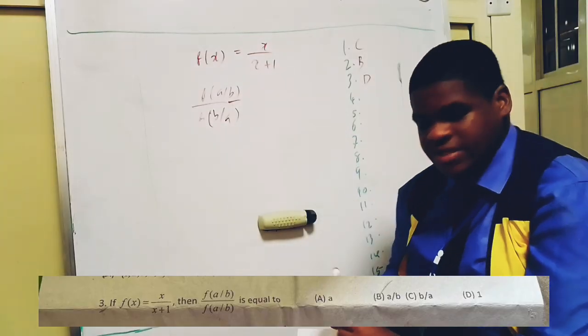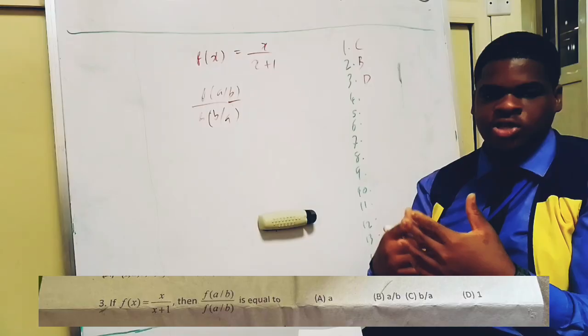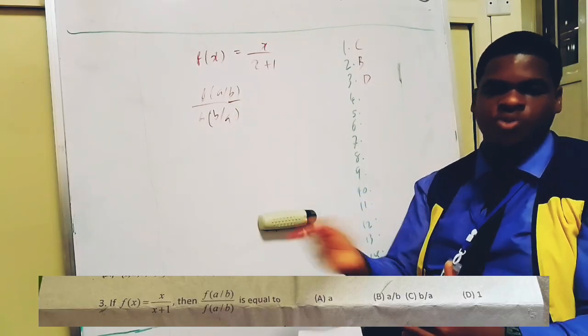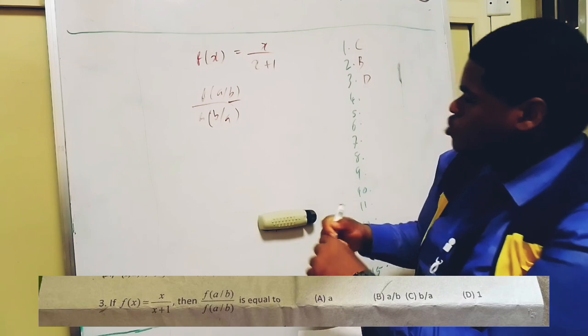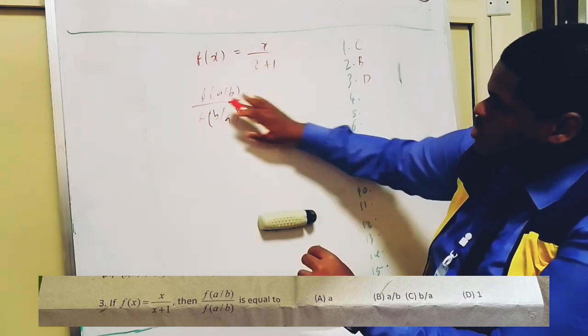That I'm just solving this in this way just in case you see this type of question again and they change it to be in this form. So you will not just assume that it is the one. That's why I'm solving this. Okay, so if f of x is equal to x divided by x plus 1, then f of a over b,